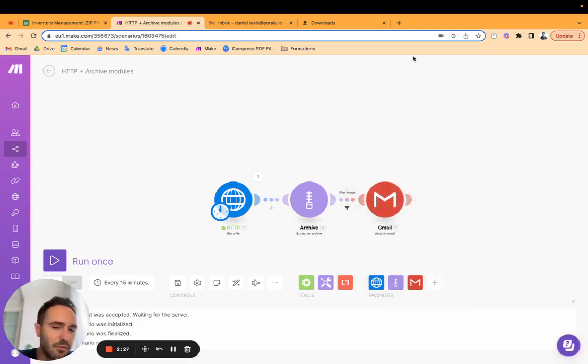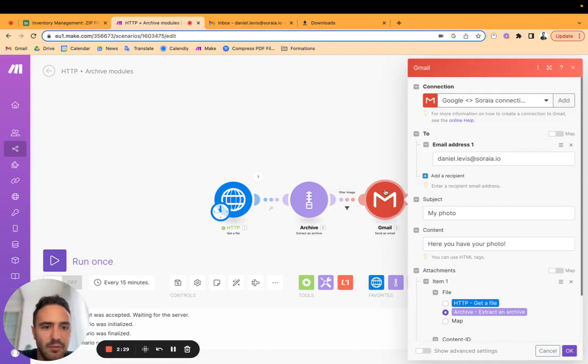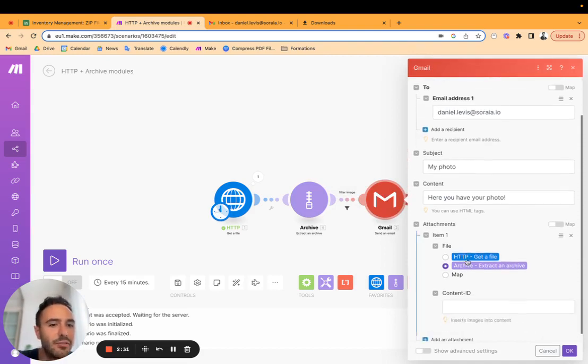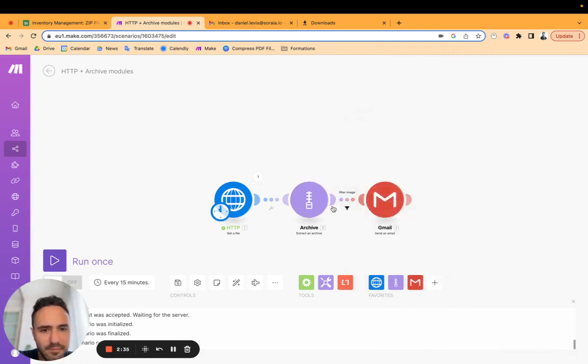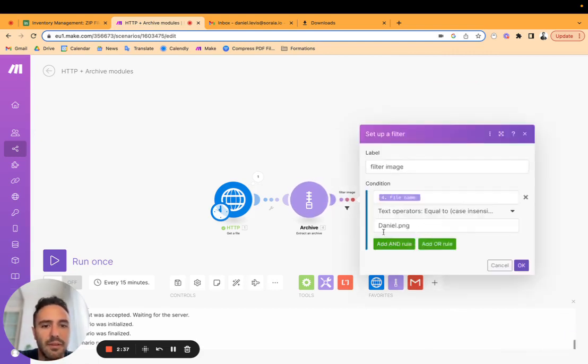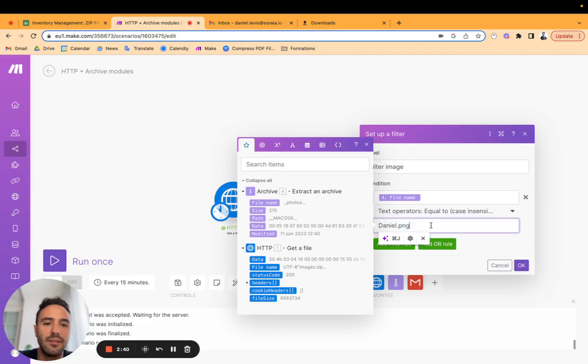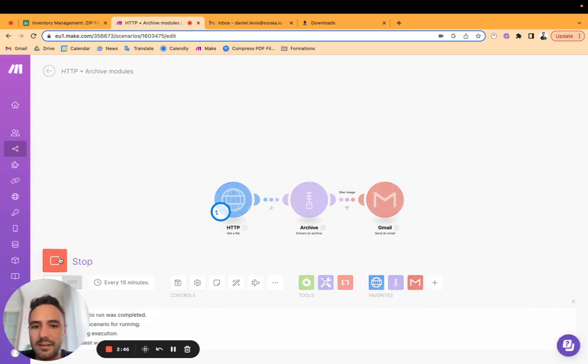Imagine, just for you to see the whole process, I want to send myself my image. So I filter the file name, which needs to be called Daniel.png, which is the name of the image. So if I run the scenario,